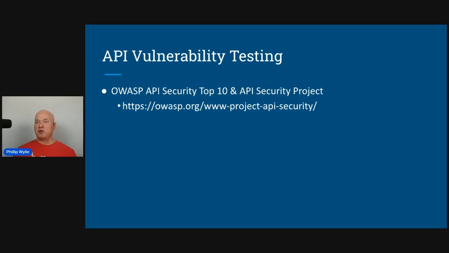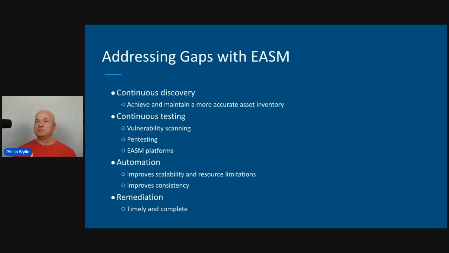And one of the things too, when you're doing your API testing, you want to make sure you're testing for vulnerabilities outside of the Top 10. The OWASP Top 10 are the most common that they're seeing at the time, but there could be other vulnerabilities out there that maybe were on a previous Top 10, but not on the current Top 10. So you want to test outside of that Top 10 as well.